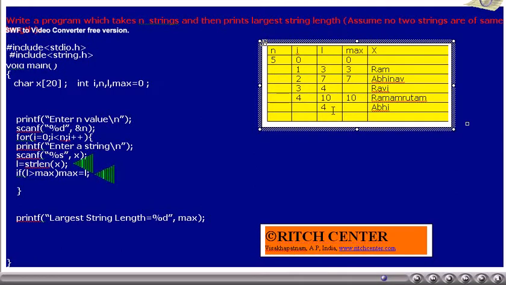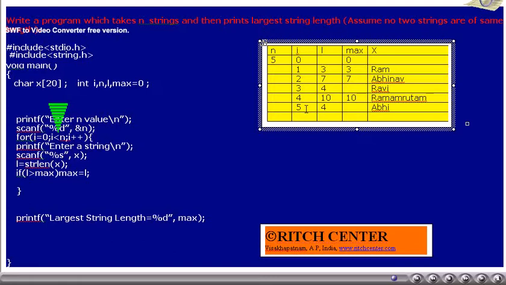Now, the length of x will be calculated. x value is Abhi. Thus, l value becomes 4. 4 greater than max? No. Thus, max will not be updated. i value will be incremented by 1. Thus, i value becomes 5.